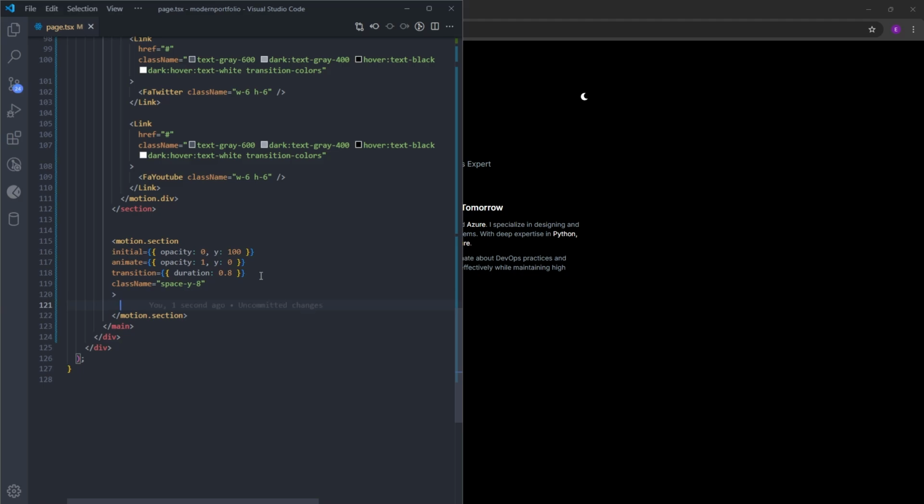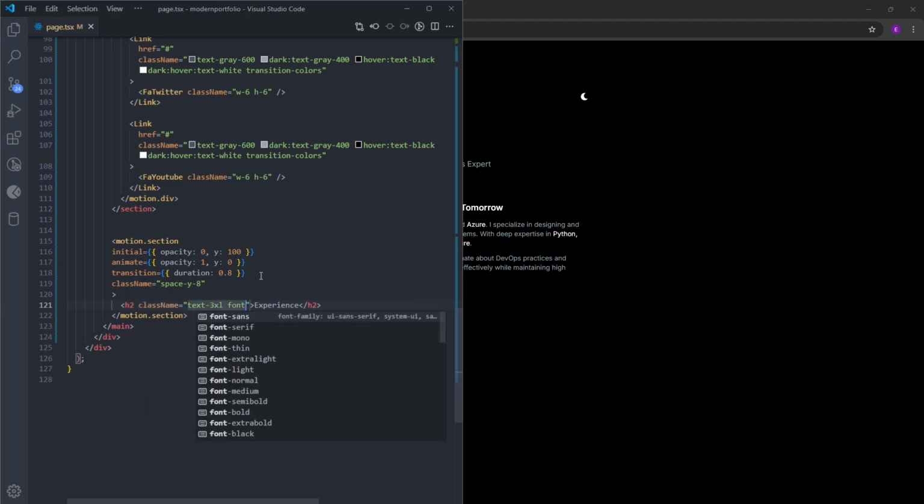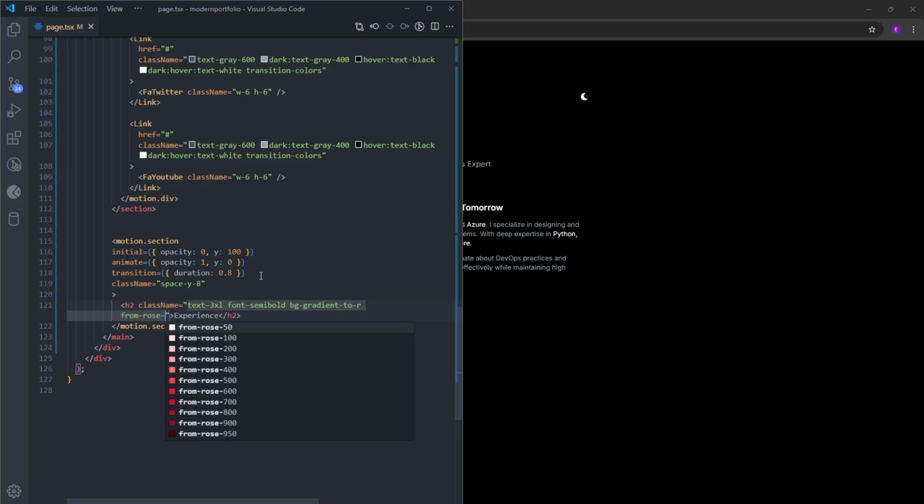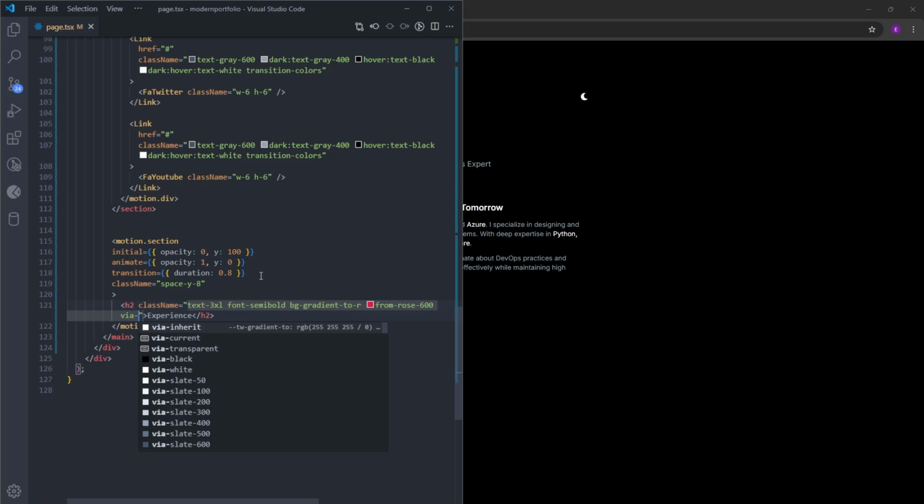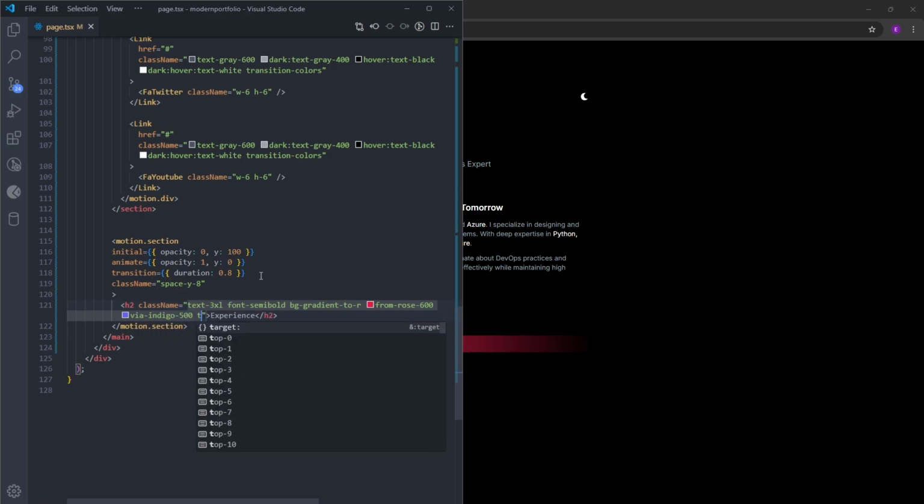So inside the section, you're going to have this header that says experience. Let's make it a lot bigger. Font semi-bold. Background gradient to right, from rose 600 via indigo 500 to sky 500. Gonna create the same background text gradient, so background clip text, text transparent, and